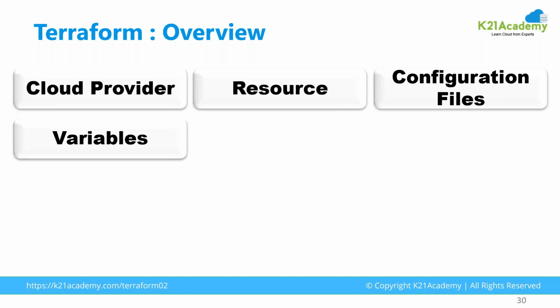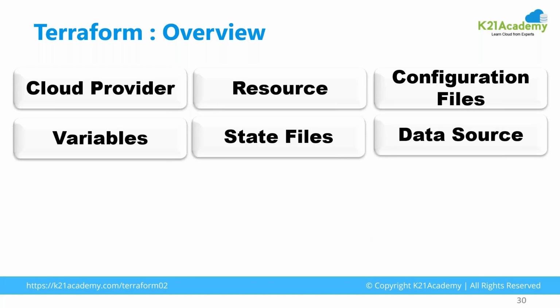Then it has got various types of variables which you can use to configure your resource. Using these variables, you can make your code robust and dynamic as well. Then it has got the state file. This is the heart of Terraform, which maintains the state of your infrastructure. Whatever you have created will be recorded in the state file. Later on, whenever you are making changes or you are again creating a similar kind of infrastructure, it is going to check the current state of your infrastructure and then proceed further.